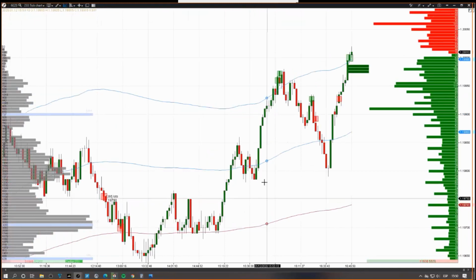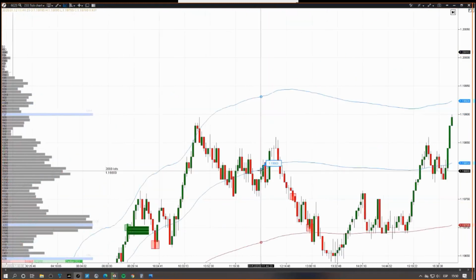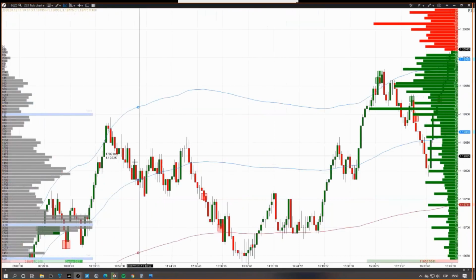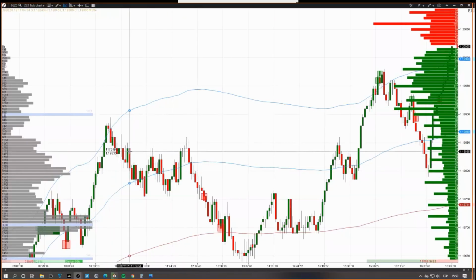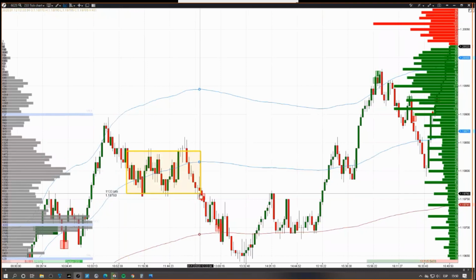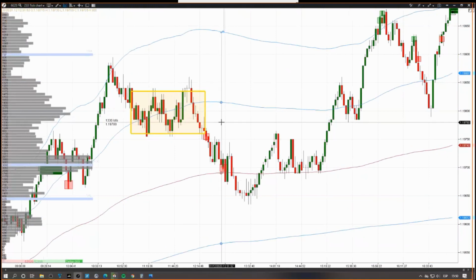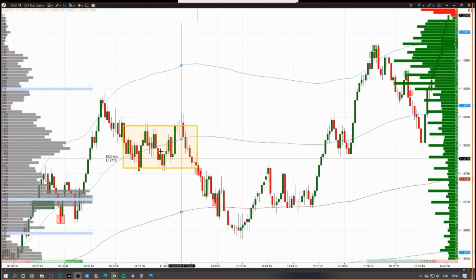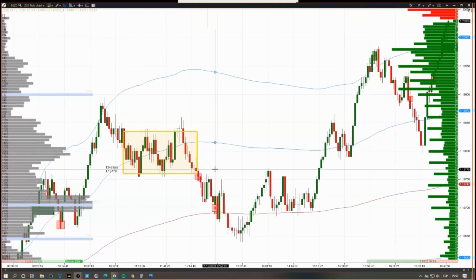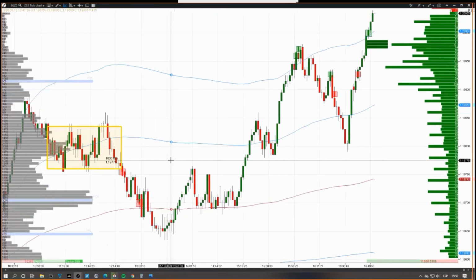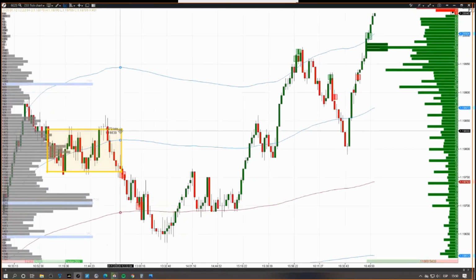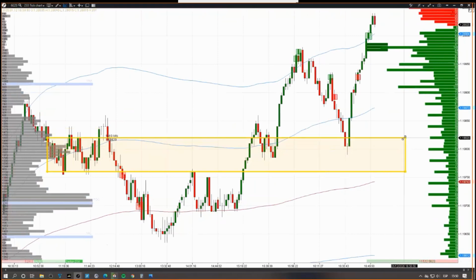So I look for rotation. Price rotation is something like this, where you see price going up and down. Let me put this example right here. You can see how price is rotating up and down, and then there's a breakout, and this creates real support and resistance. Now I'm going to show you. Let me extend this so you can see what I mean.